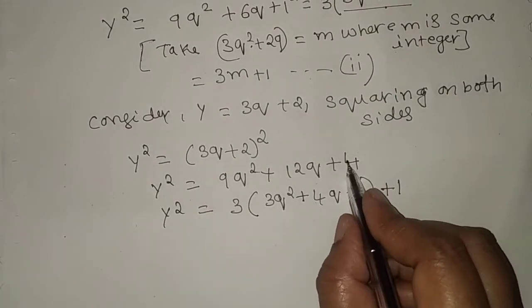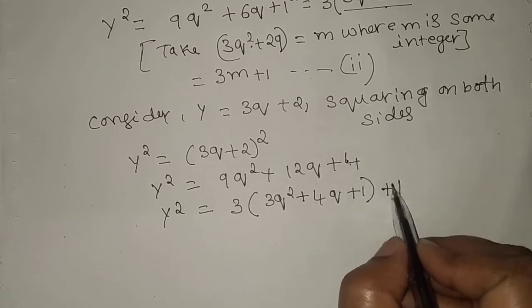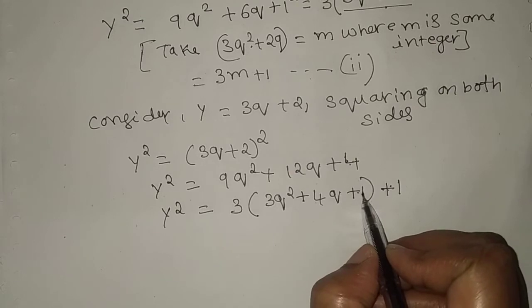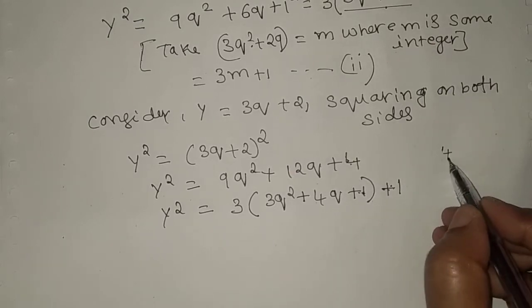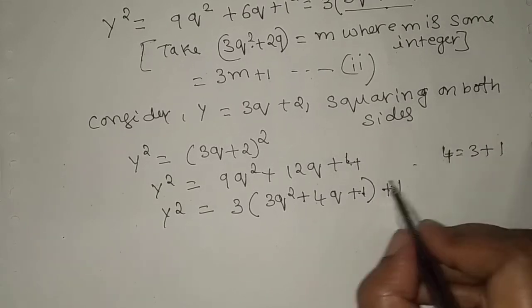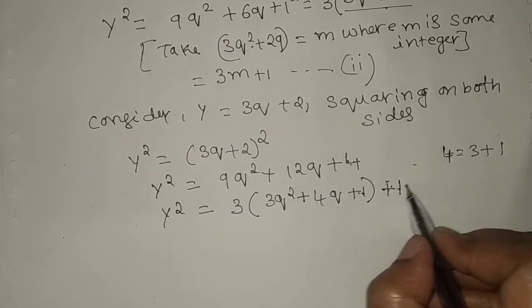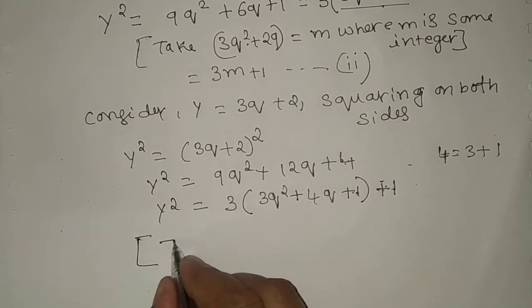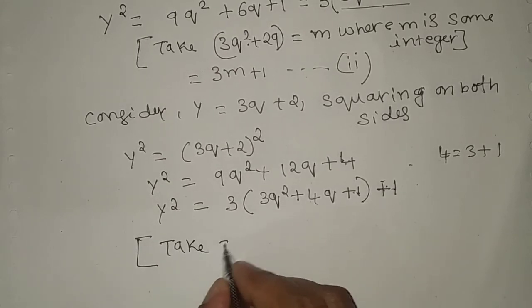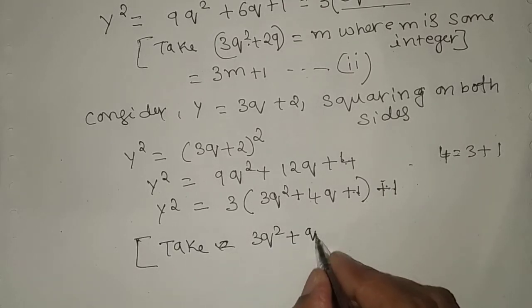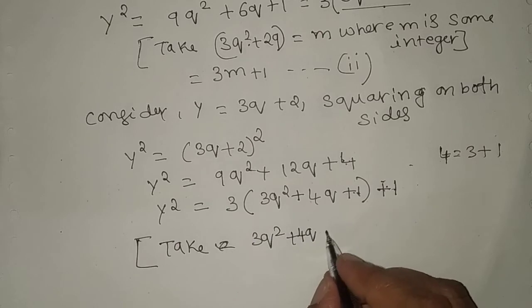So this one we have to split. For 3 plus 1, here 3 is common, this is done like this: 4 is equal to 3 plus 1, 3 comes inside the bracket, then this remains as 1. Therefore, take that is 3q square plus 4q plus 1